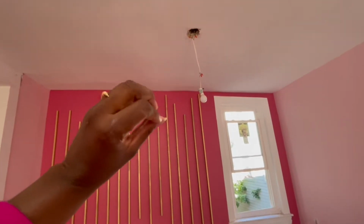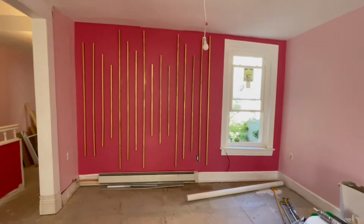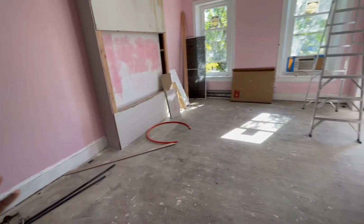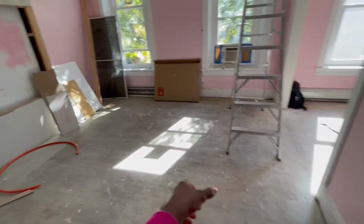We got a really pretty, nice, unique chandelier. It's very different. And then we're gonna have beautiful dining chairs. So this whole area is gonna be a vibe. And then you're gonna come over here, and we're gonna have like a sofa here, and this is where we're